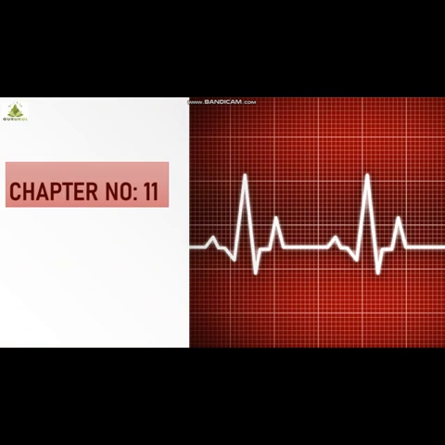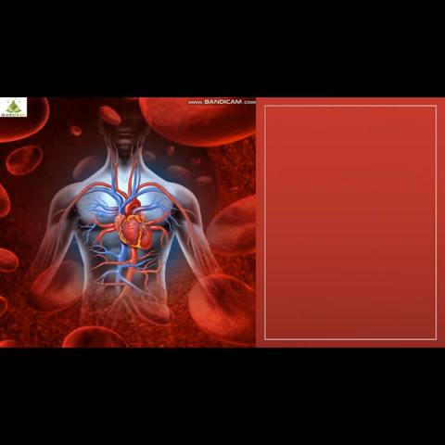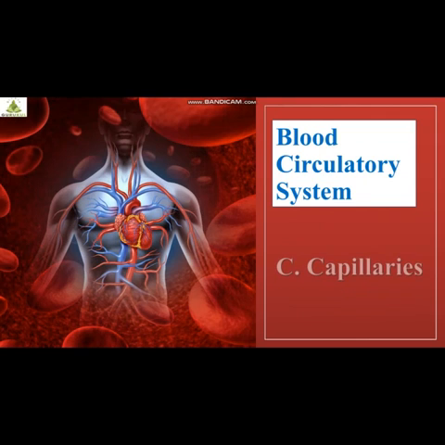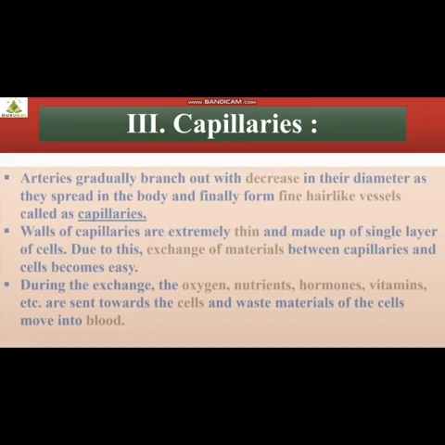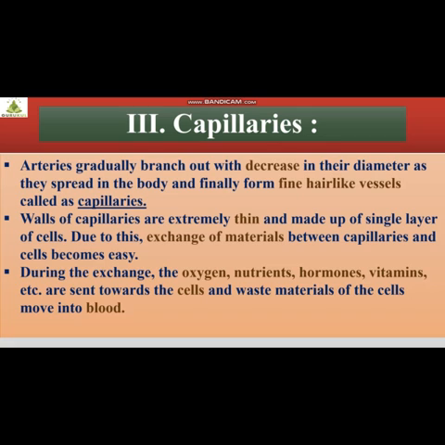We are learning chapter number 11, human body and organ system. Blood circulatory system, yes, this is the topic. In that we are going to see capillaries. Students, we all know what arteries and veins are, and their differences. Now these arteries gradually branch out with a decrease in their diameter. As they divide, they decrease in diameter, and as they spread in the body, they finally form